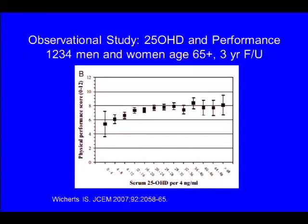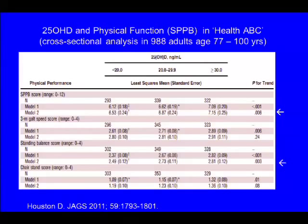In another such observational study out of Holland, Wickerts has illustrated that the 25-hydroxy-D level is related to performance in a group of elderly men and women. In the Health ABC study, Houston examined associations between 25-hydroxy-D levels and SPPB test times, and divided the group into roughly tertiles, with boundaries of levels under 20 nanograms per mil, 20 to 30, and 30 and higher. Overall, there was about a 1 unit better SPPB test score in the higher 25-hydroxy-D group than in